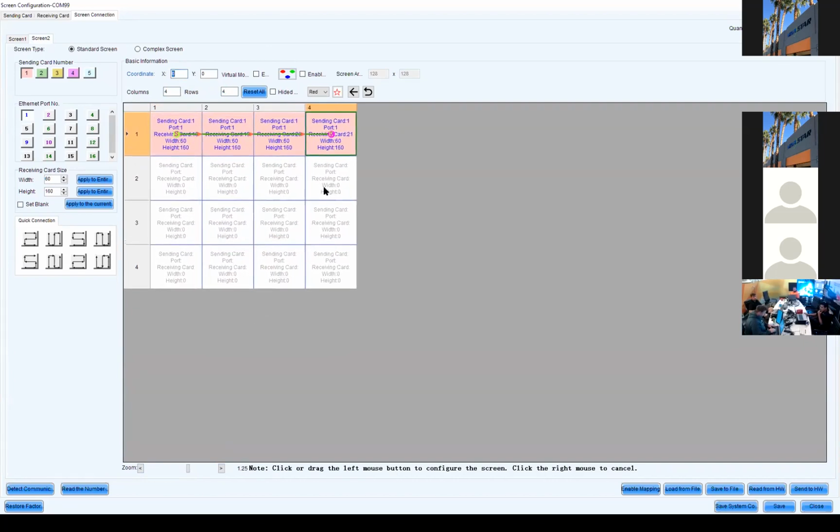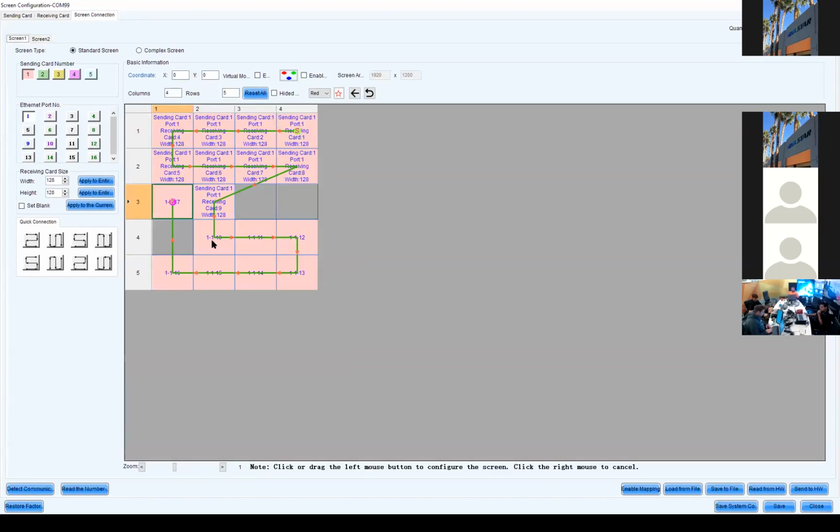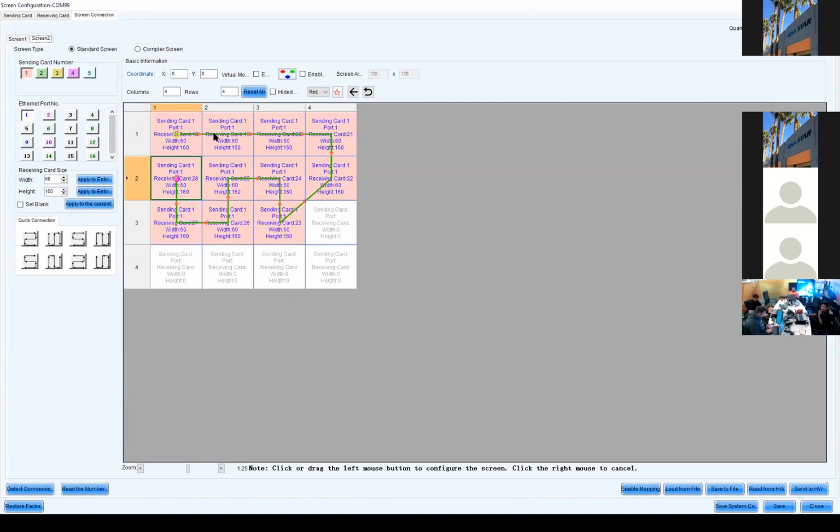You can see there, it's picking up the next sending cards, carrying over from the previous page. If you go to sending card 1, you can see it ends on 17, and then it'll pick it up on 18 because I'm still on the same port. As soon as I go to another port, it'll start at card 1. So yeah, that's a few little tips there.